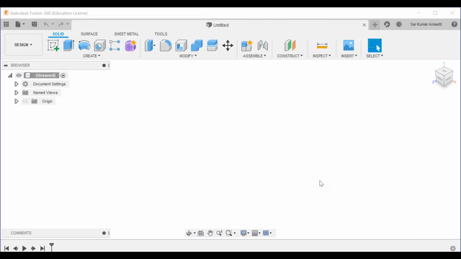Now, let me start the basics of what is meant by Fusion 360, and don't be in a hurry to learn this Fusion 360. Do remember that any software application cannot be learned in a single week or even in a single month. It takes a lot of time to learn. Each and every command can be used for a different purpose, you can use it either way. I'll be teaching how to do that in forthcoming sessions. Now, I'll go through the basics of what Fusion 360 is.